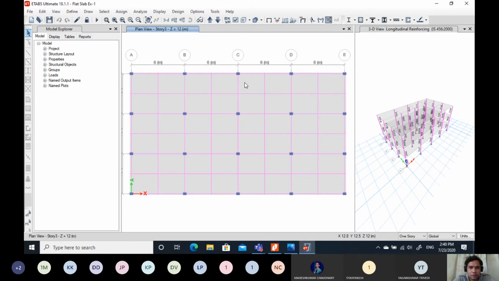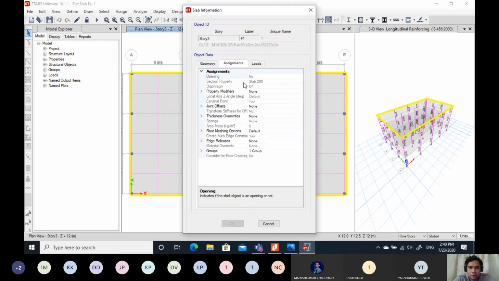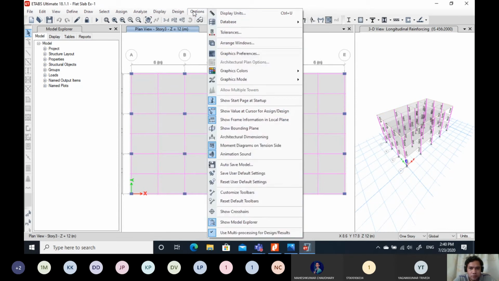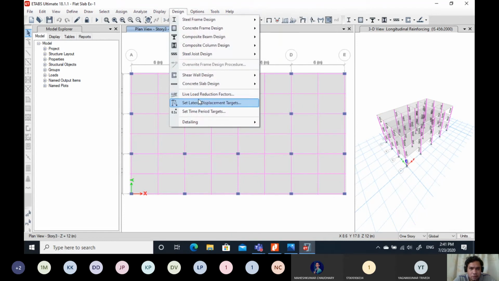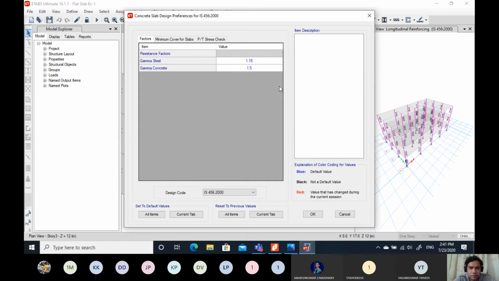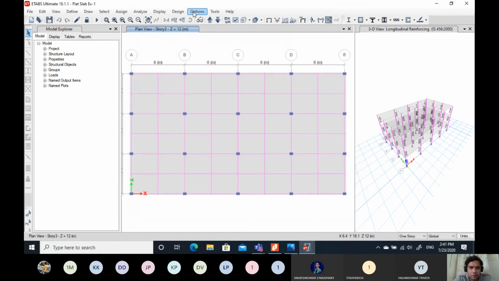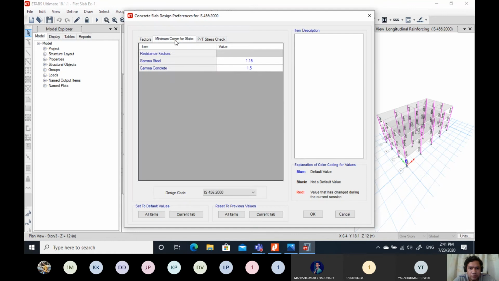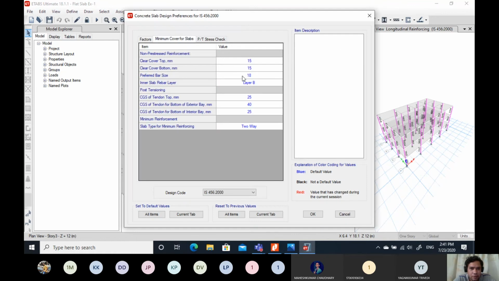You can select design options, concrete slab design. Go to view preferences and click. Okay, wait a minute. Design concrete slab view preferences. Cover we have set as 15, so it is 15 only.